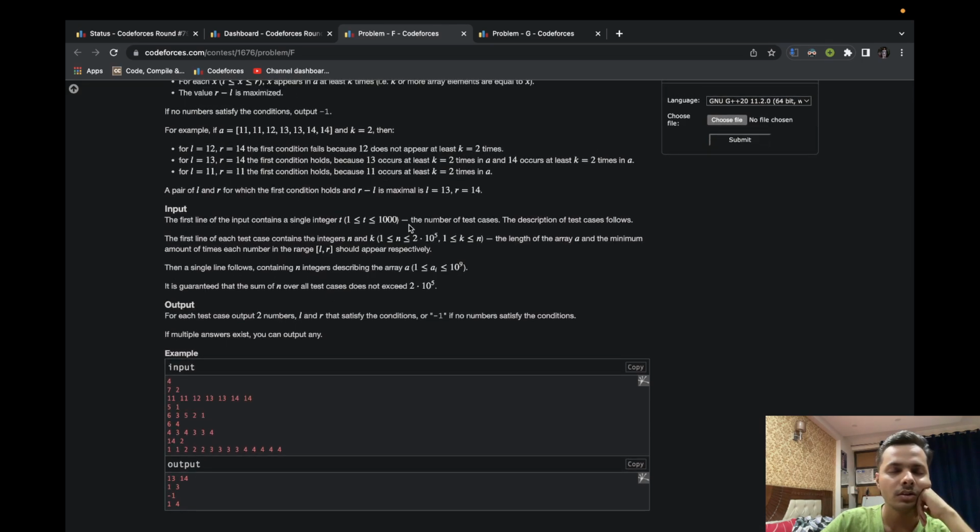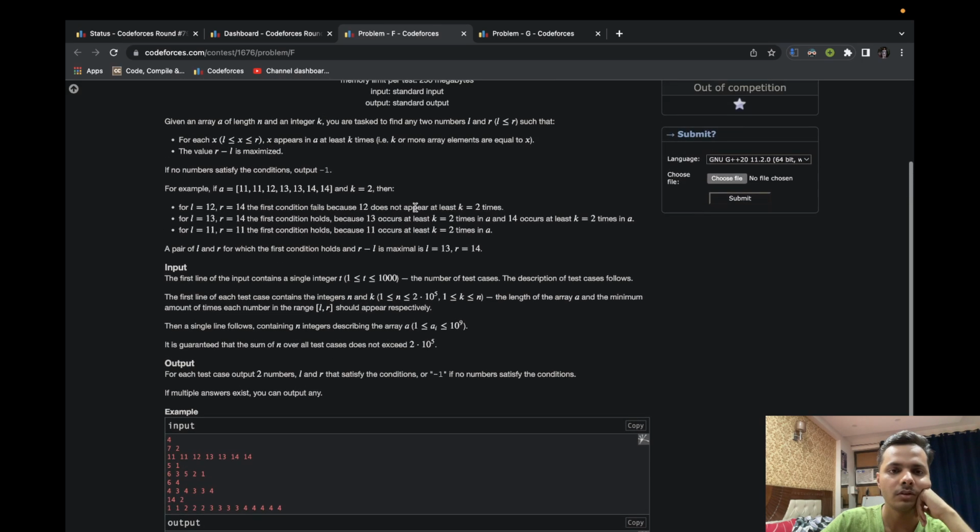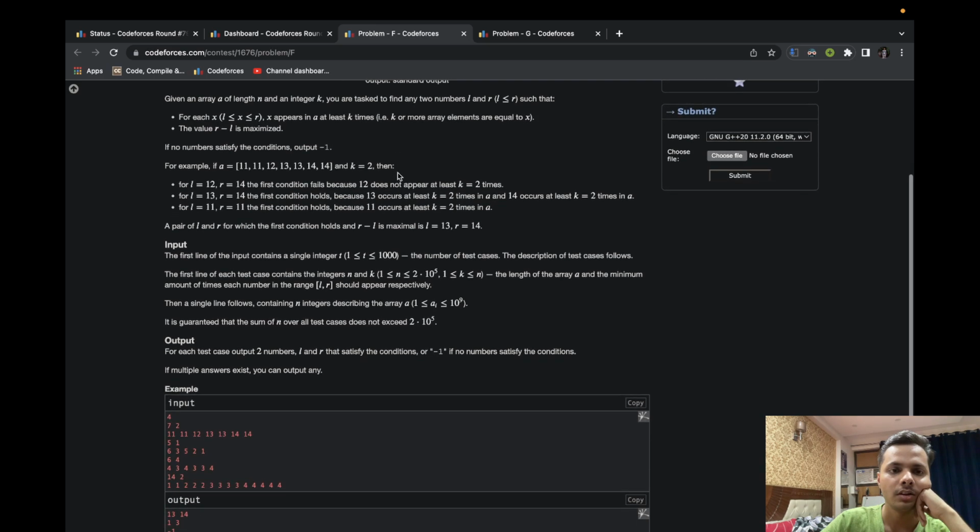We have to find the subarray in which the frequency of all elements is greater than or equal to k, and we have to find the largest such subarray.